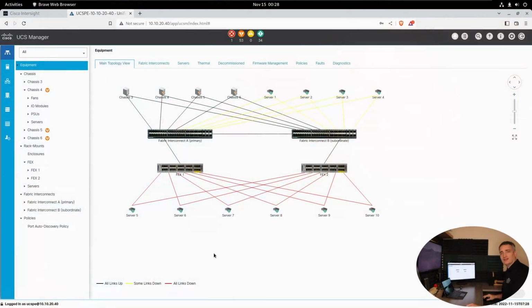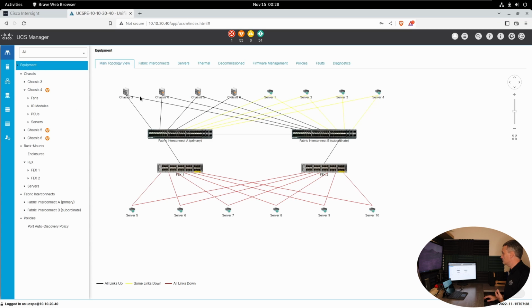All right, so let's do a little demo. You want to see this in action? All right, so I am now logged into UCS Manager, and first I'm going to show you UCS Manager, and then we're going to hop over to Intersight, and I'm going to show you how everything works from that perspective. So just to get a view here, when you log into UCS Manager, you're going to be brought into this equipment page here,